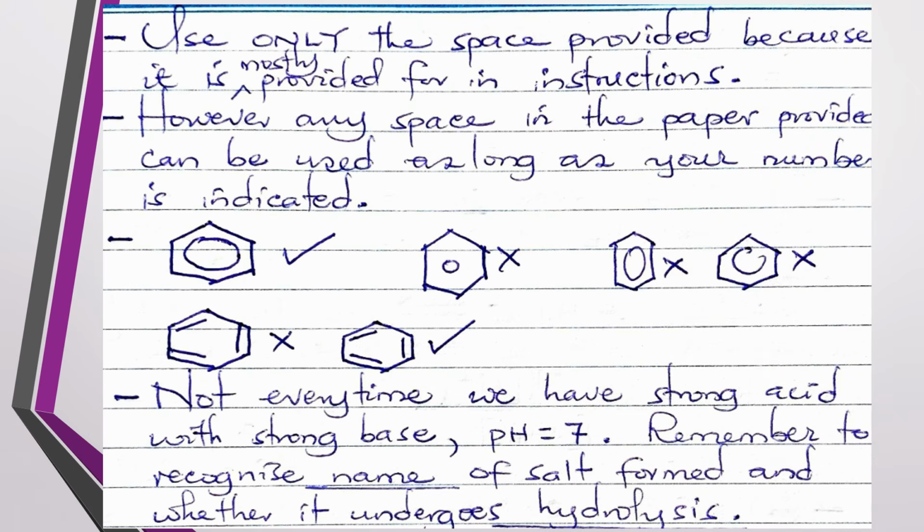So this is going to take us to another point, that use only the space that has been provided, because it's going to be the one to be considered, and because at the beginning of the paper it is provided in the instructions. So they tell you to use the space provided. However, sometimes if you have made a mistake, for example, in chemistry paper 1, if this is your answer sheet, and you have answered a question and made a mistake, and you occupied all the lines, you simply close this line and then you go either up on your paper,